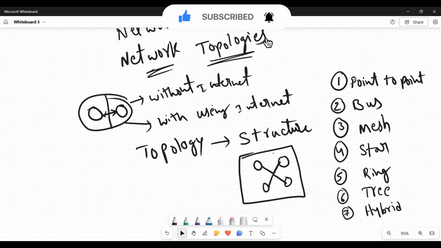I hope you have cleared the topics of network and networking types. Now we are moving into the networking topologies. So firstly, we will discuss